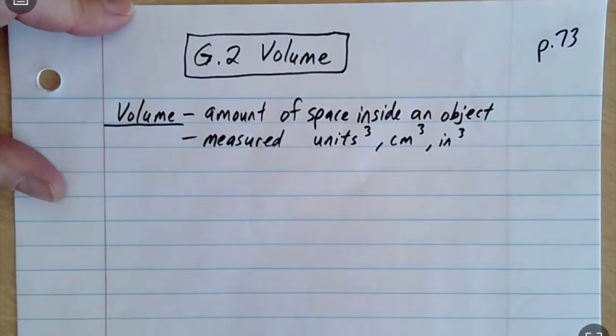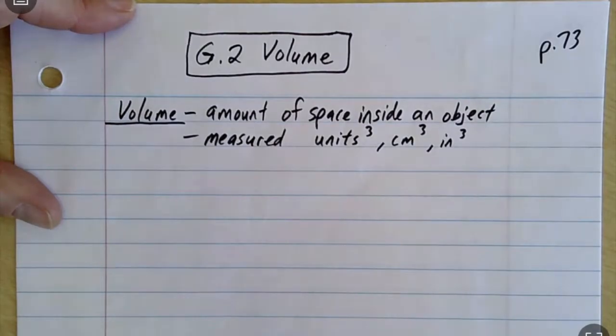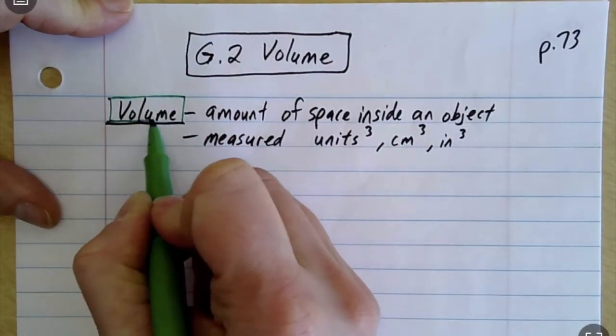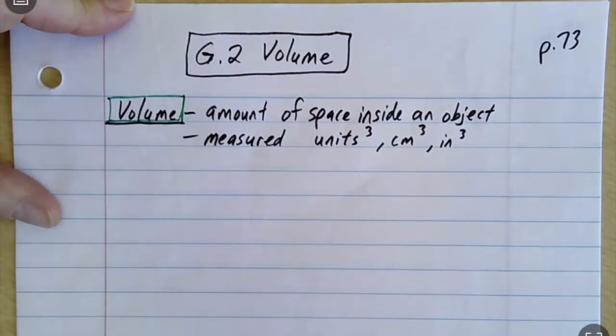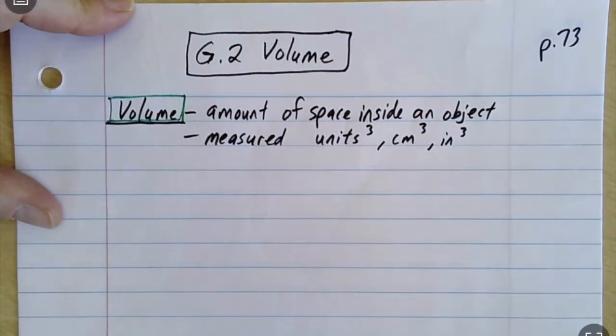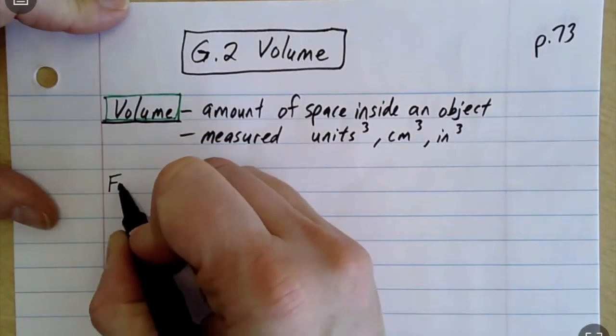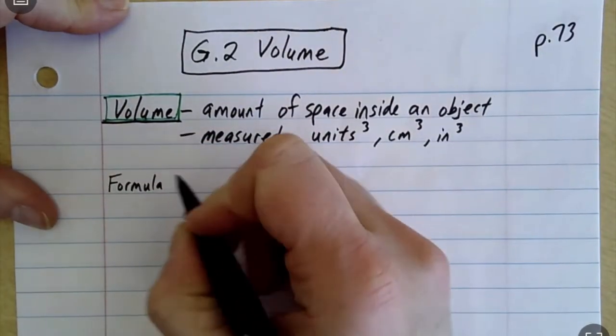We're thinking about filling a shape or an object full of cubes. So we always think about filling it full of cubes. It's also got 3 dimensions. That's why we label it like that. So the formula for volume,